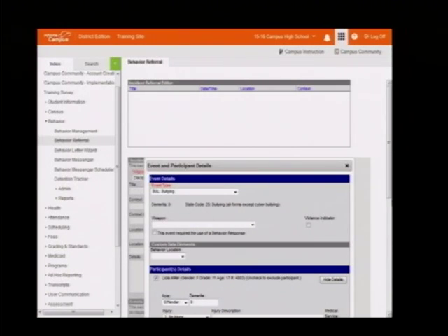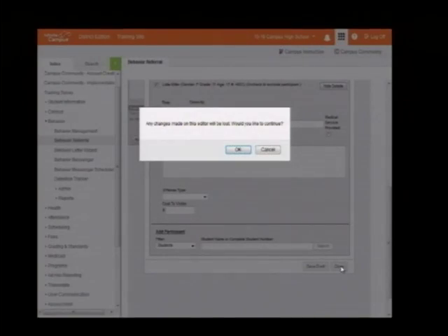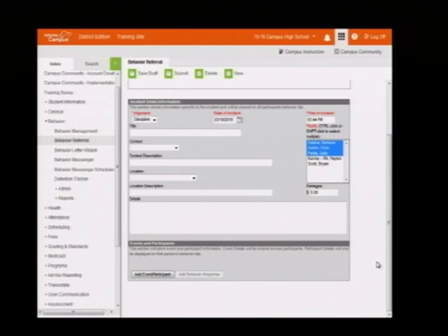Now, if there was a drug violation or a weapons violation, then that's a separate event, which means that I would go back once I saved this. Just pretend with me. Once I save this, I would just go back and add an additional event for that and pick just the students that were a part of that particular event. So again, you can tell a story. So it's the incident in one event, or it's an incident in multiple events that occurred.